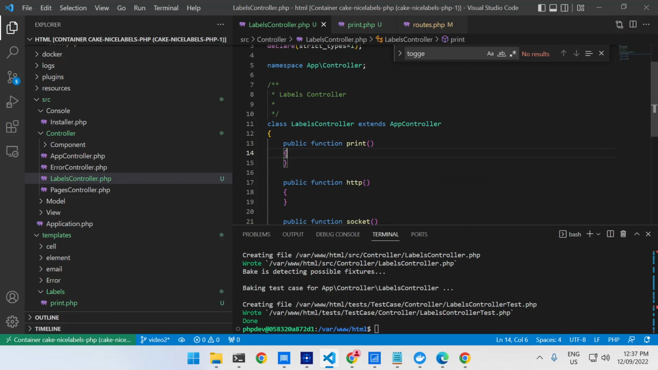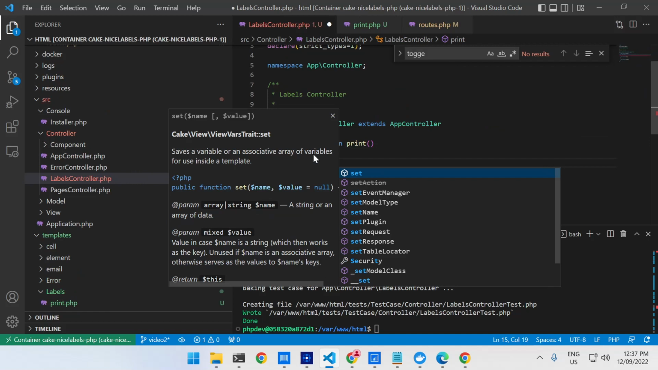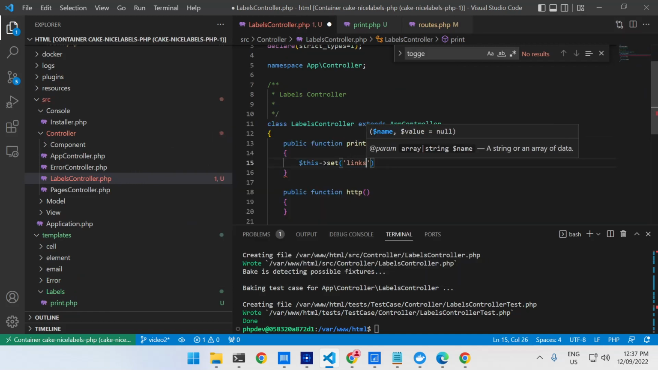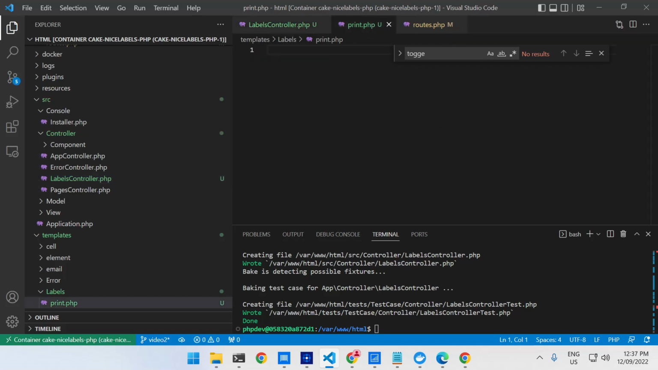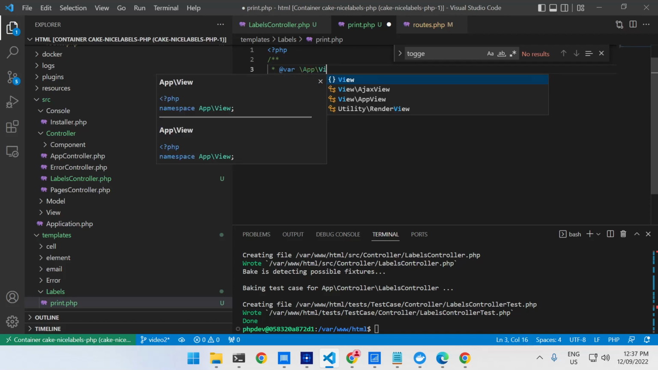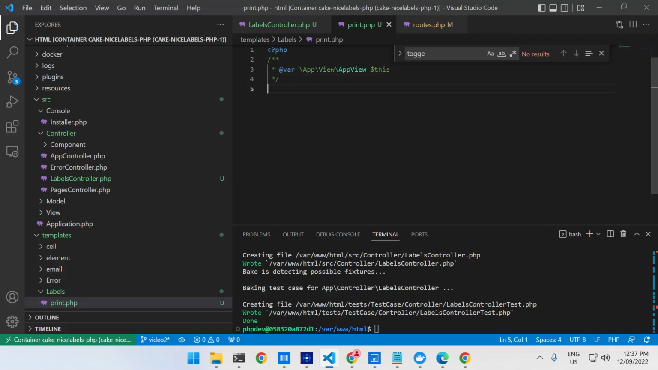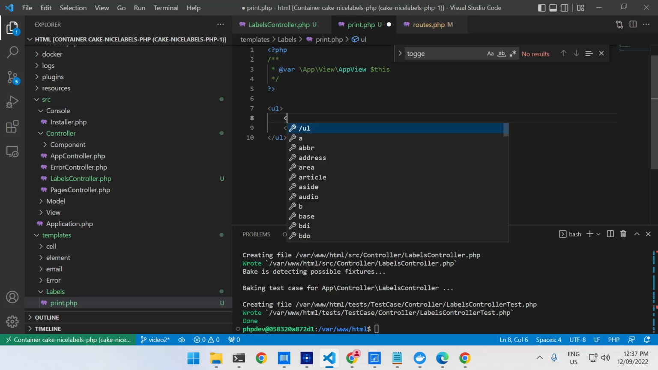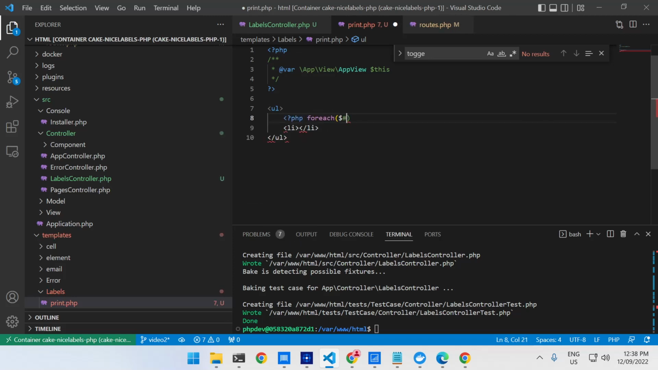Now we want to give ourselves a couple of links on that page, so I'm going to set some information to the view, and we're going to call it links, and it's going to be a socket and an HTTP link. And on the page itself, we want to create something so that our autocomplete works here, and we want to create an unordered list with our links